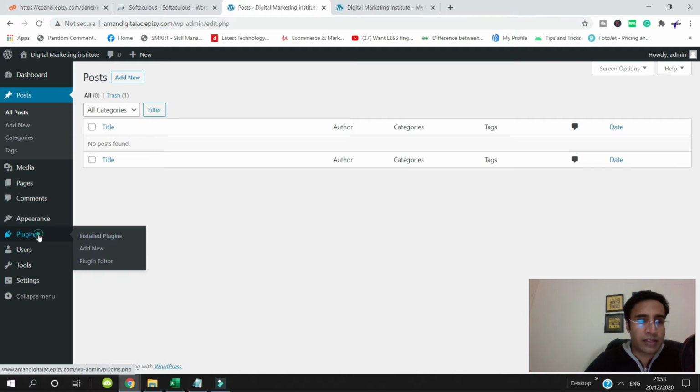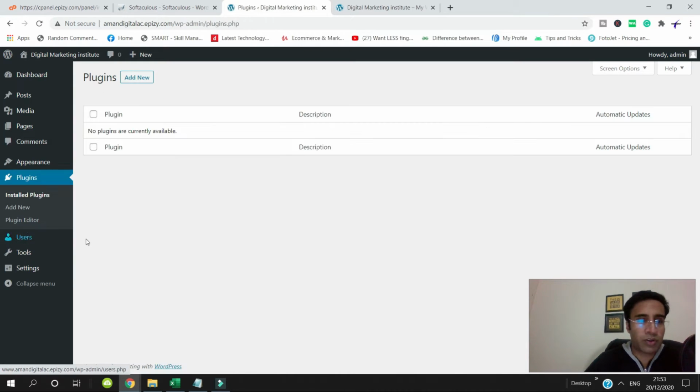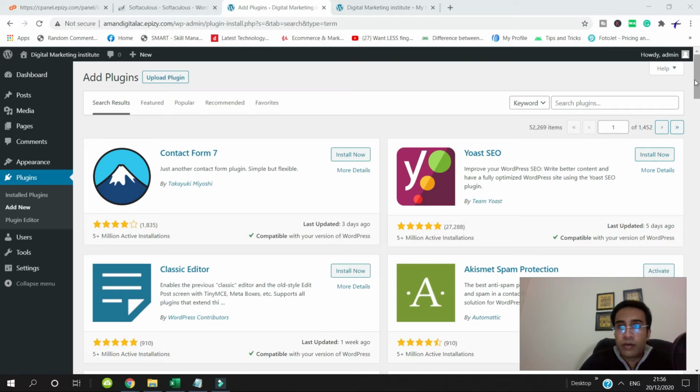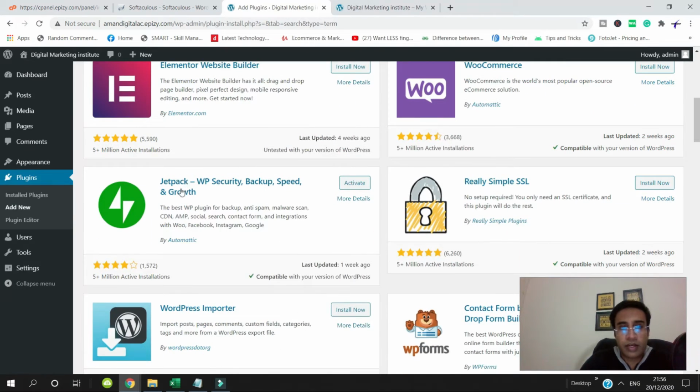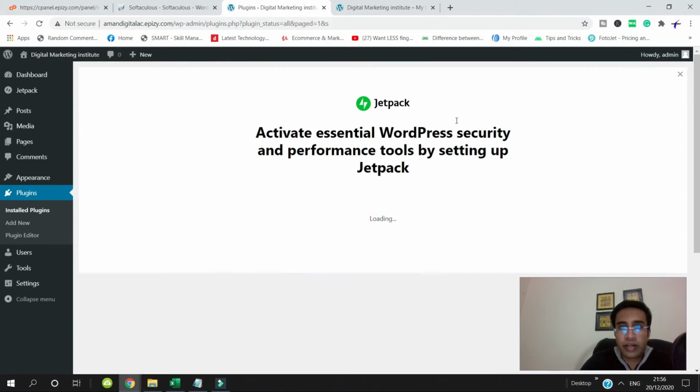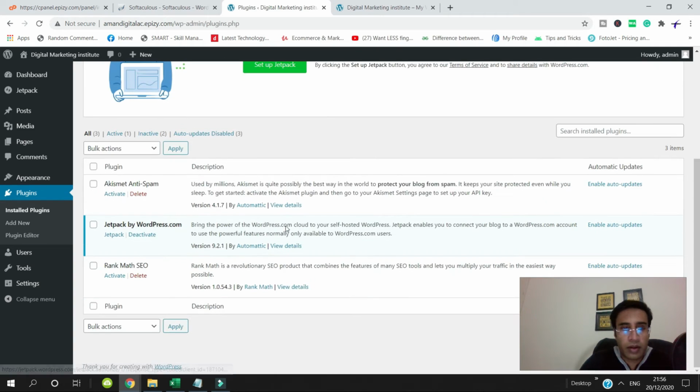Now you have to go to the plugins. So what do you need to do with plugins? Once you click on plugins, you have to click on Add New. Okay, the first plugin you have to install is Jetpack. You have to install it and then activate it. You have to set up Jetpack, which we will do later. Since this has already been installed, we'll go to install plugin again, and you will see that I have activated